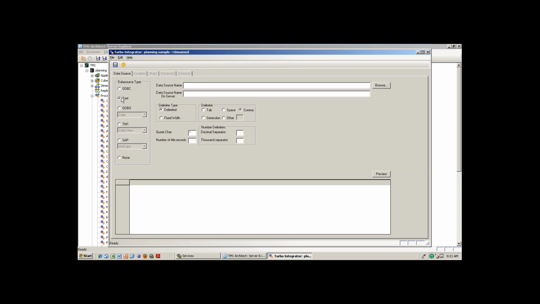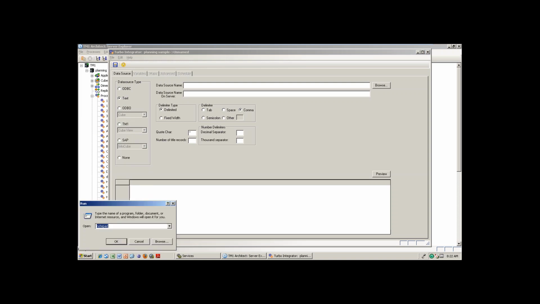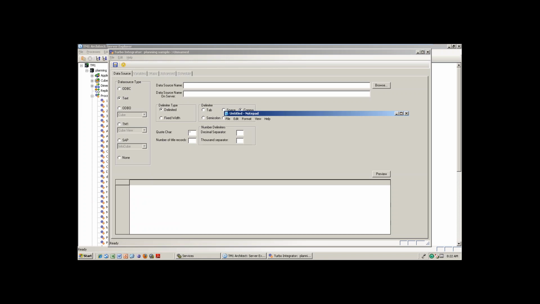The text file option is where you can use all CSV files and text files, Notepad files, comma separated, tab separated or semicolon separated. Now CSV is comma separated, right? For example, what do you mean by tab separated files? For example, if you have Notepad, the data should be like this.